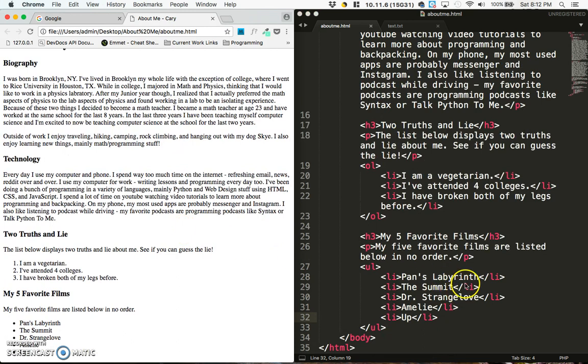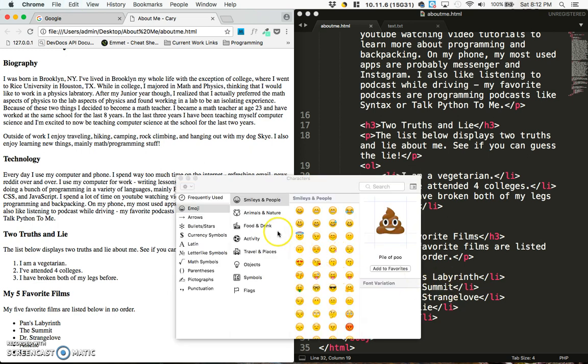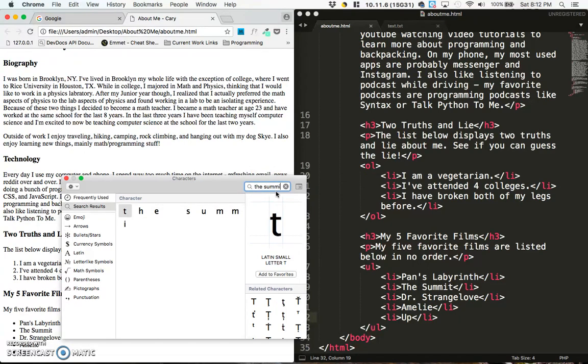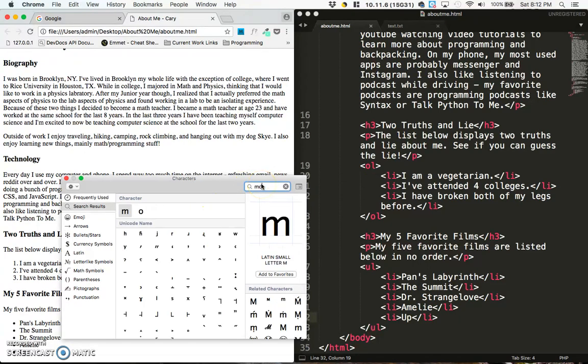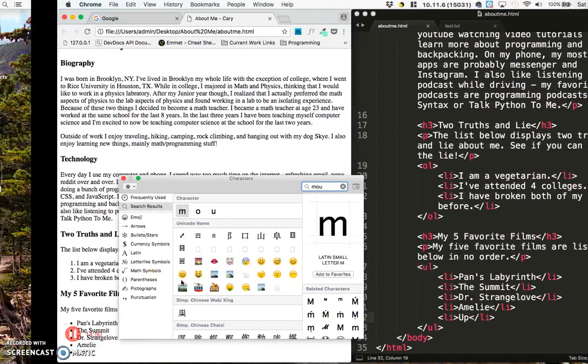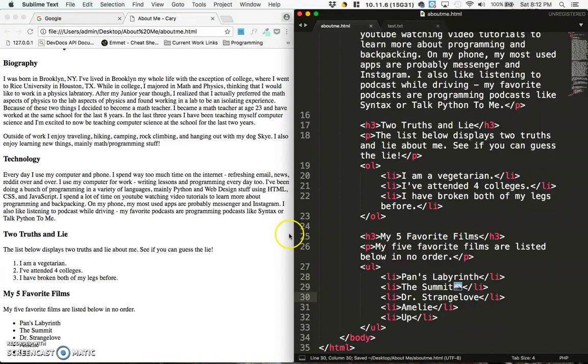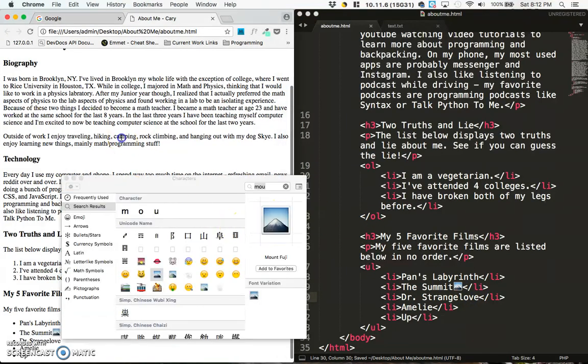Now one thing I thought would be fun to make the page look more interesting is to add a couple of emojis maybe. So if you're using a Mac, you can get to your emoji keyboard by pressing Control, Command, Space. And that brings up your emoji keyboard. I don't know why they chose that one. So maybe for The Summit, which is a movie about rock climbing, or mountain climbing, I'll type in mountain, and I've got a mountain right here. So I can put that mountain right there. And I'll save it. And we're done with our first web page. And when I refresh it, you can see